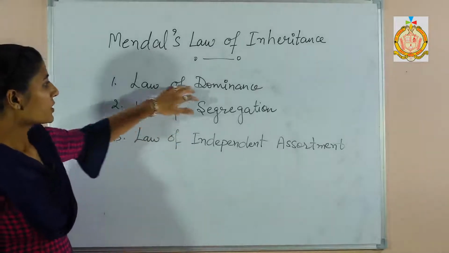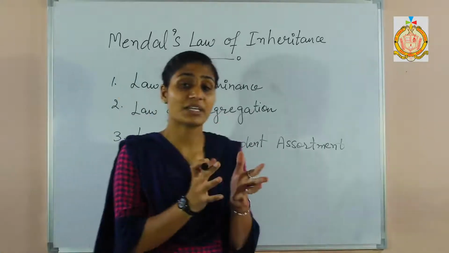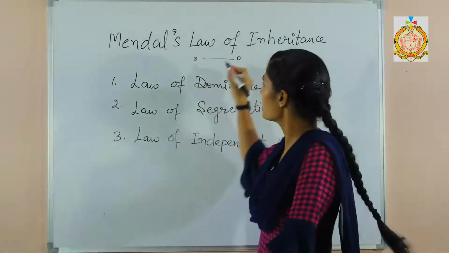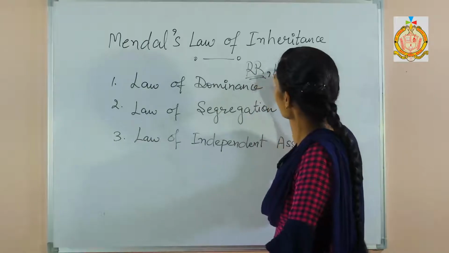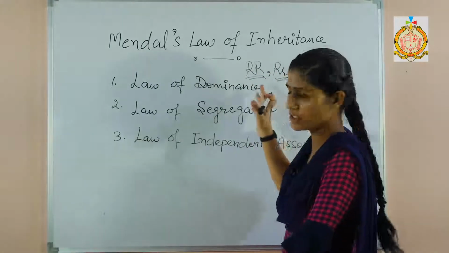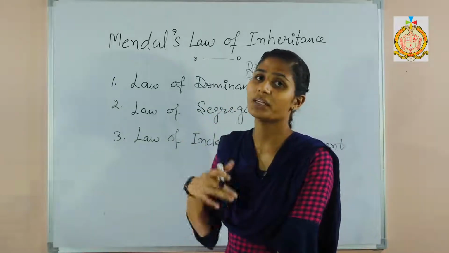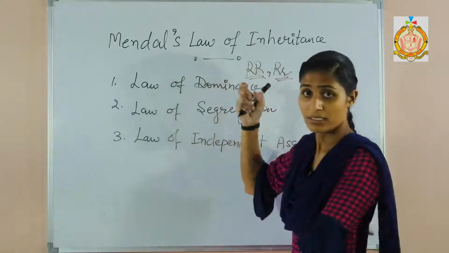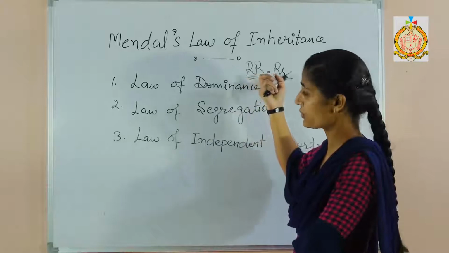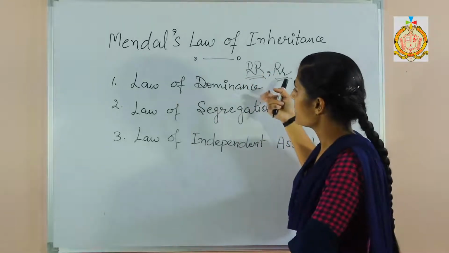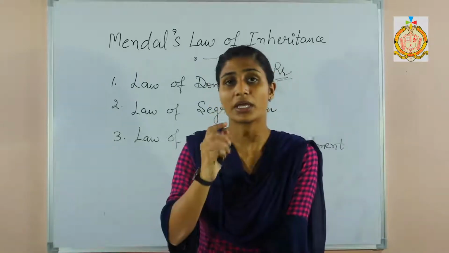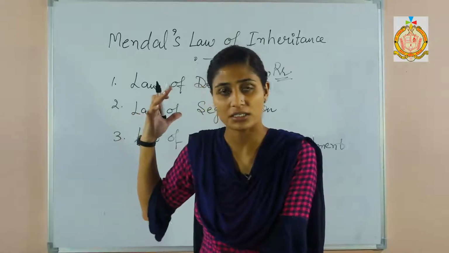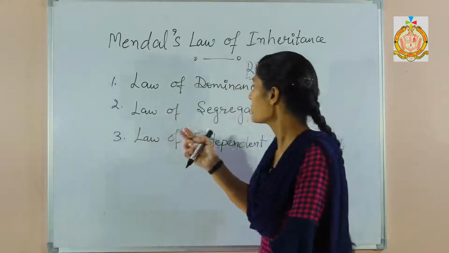Law of dominance. Dominance means the expressed character. If the genes have dominant alleles, meaning they have capital R, or one capital R and one small r allele in their genes, then definitely that character will be expressed. If they are rollers, if they have these kinds of alleles in their genes, then definitely they will be rollers. So that is known as the law of dominance, the expressive character. The offspring are able to show the expressive character if they have dominant alleles in their genes.